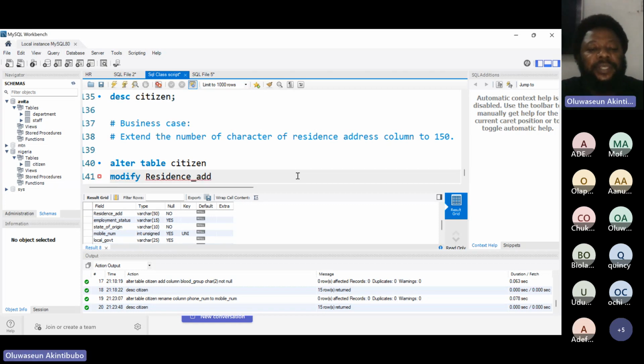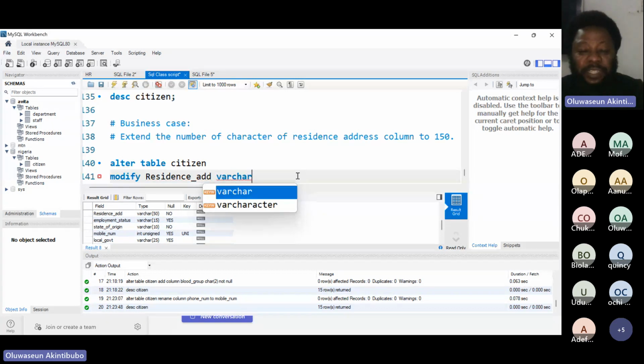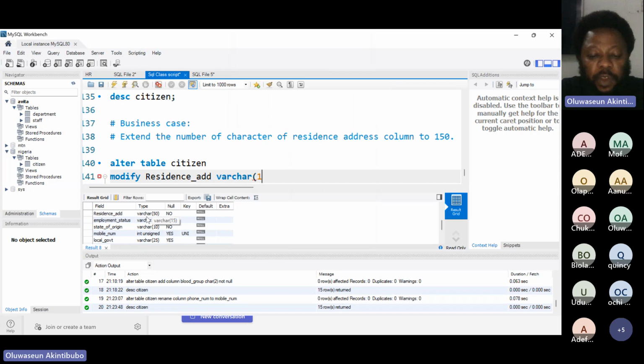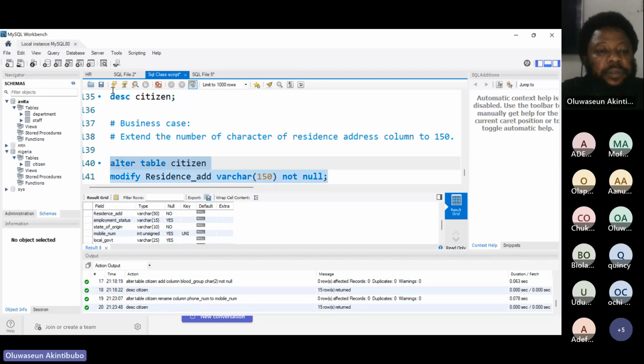underscore address, right? I'm just going to go straight and redefine that column. The column is residence address. It was 50 before, this time I'm going to say 150 and it has a constraint on it, which is NOT NULL, right? So if we run this now,